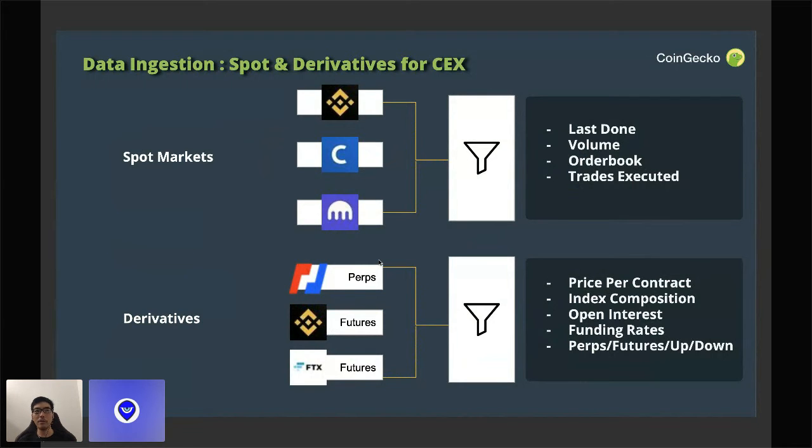So you can imagine that we will need a new kind of middleware to manage all these new attributes that are different from the spot market. So we'll have a module for the spot market, and a module for the derivatives that acts as the middleware to be input into our database.